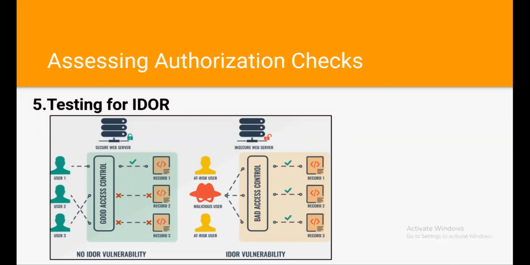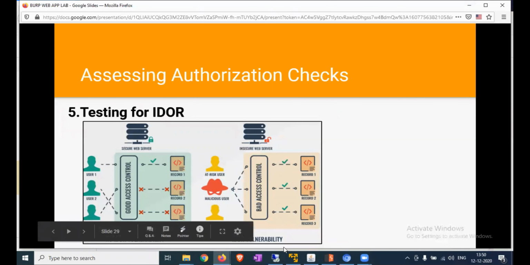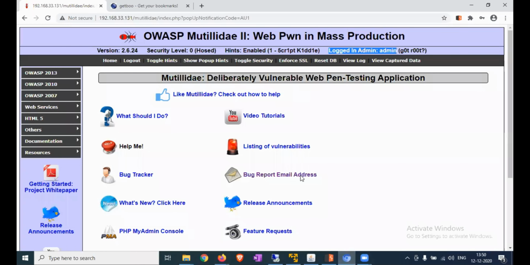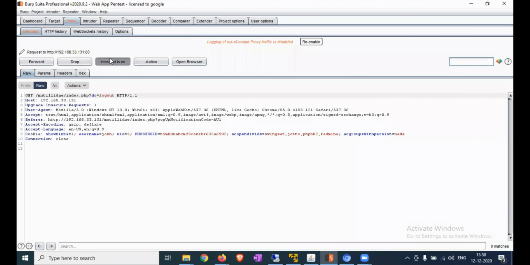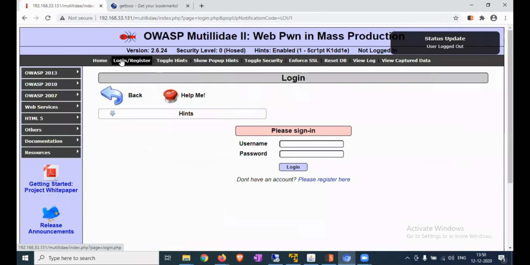So let's do the practical for that. Now we are opening our lab. First, log out. Okay. Now we have to check the IDOR.